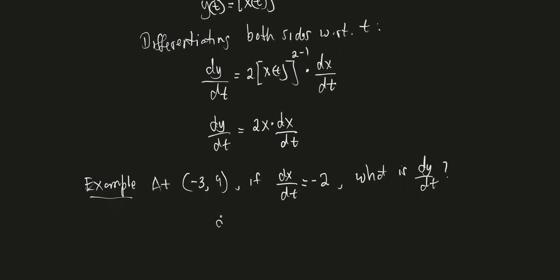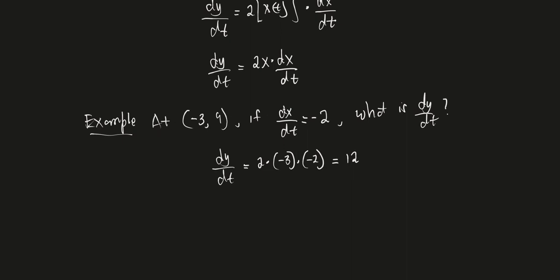So dy/dt would be equal to 2 times the x variable, so that's -3, times the rate of change of the x variable, which is -2. So 2 times -3 is -6, times -2 is +12, right? So let's write a sentence that summarizes what all these numbers mean. So at the point -3, 9 on the parabola,